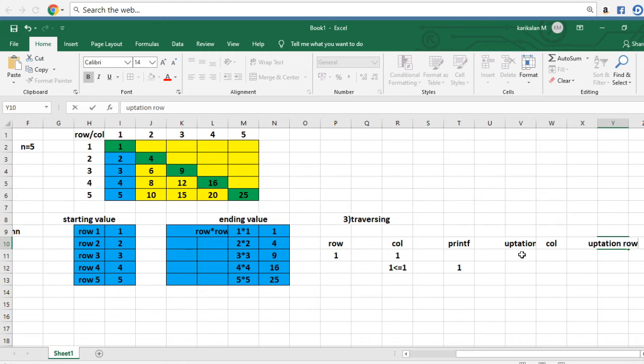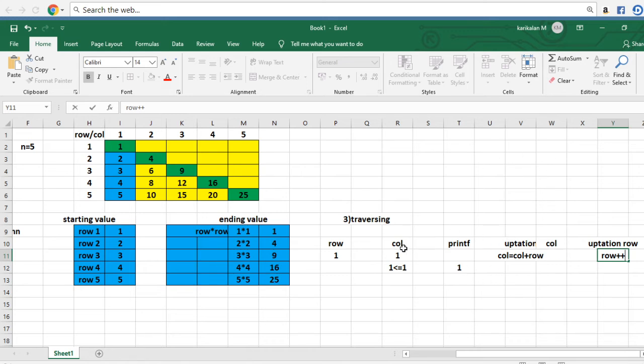I'm going to update the column as column equal to column plus row, because here 1, then here 2 plus 2, you get 4. Can you see it? Your column value is 2, then 2 plus 2 we get 4. So your column value plus your row value, you get the next value 4. Here also 3, so 3 plus 3 we get 6, then 6 plus 3 we get 9. So the updation part is column equal to column plus row. In your row updation part, you can just increment the row plus plus. The only change is the column updation part.